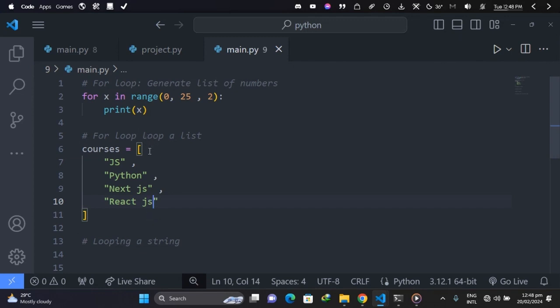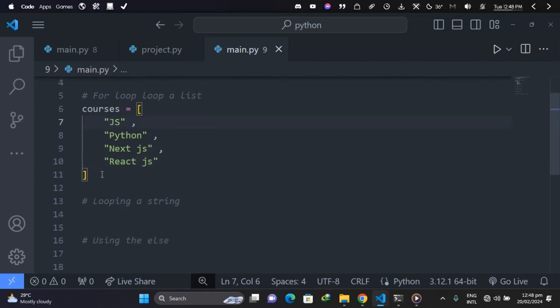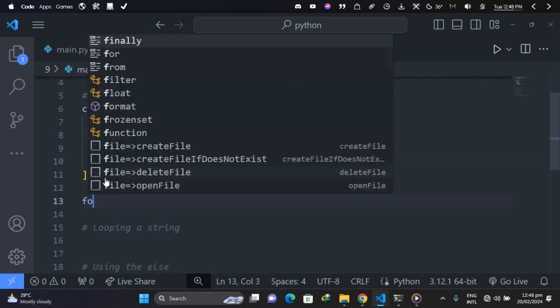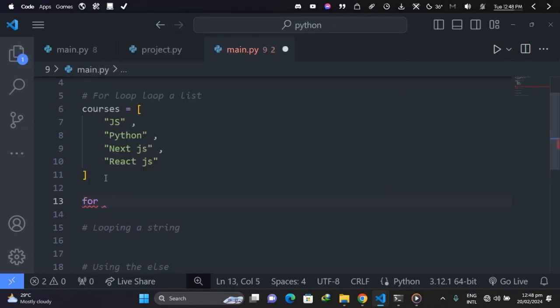So what we want to do right now is to simply loop through this list, and then we'll iterate each item and we'll try to print it out. To do so, we can have our for loop. Just write for, then you initialize your variable just like we did above, and then we can use x or maybe y, or you can just use anything. Maybe you can just have course,